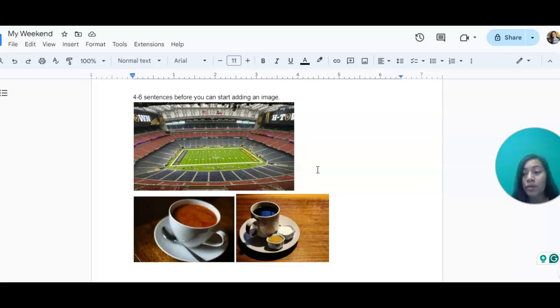Now, we are going to learn how to change the font. So, I have a sentence here, right? 4 to 6 sentences before you can start adding an image. I'm going to highlight it. How do you highlight something? I am going to, again, use the left side of my keypad. And I'm going to hold it. I'm going to press that down, hold it, and I can use my other finger to drag it